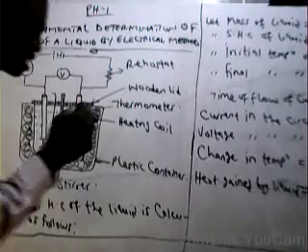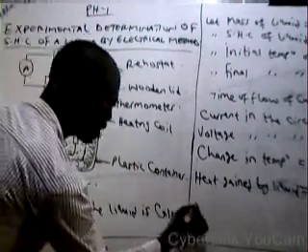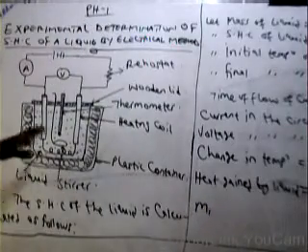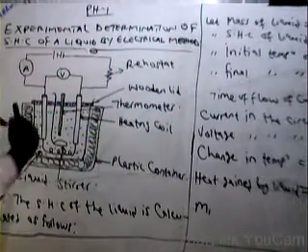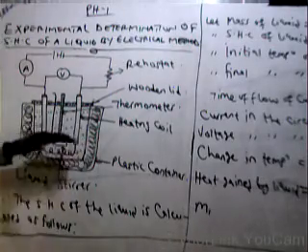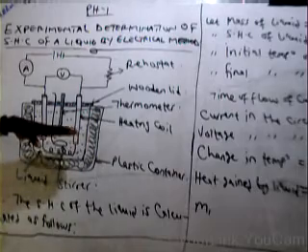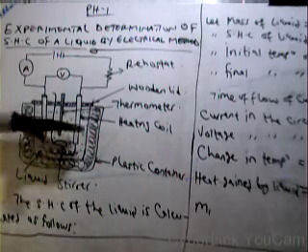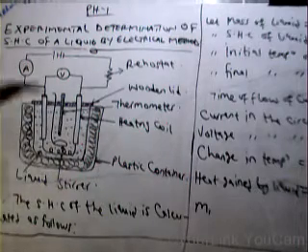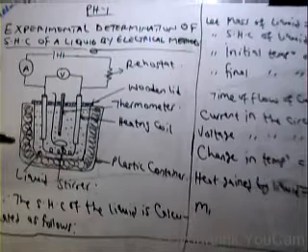We record it down. You can record it down as M1. That is the mass of the container while empty. Then we fill this container, maybe 2/3 of it, with the water that we want to determine the specific heat capacity of.